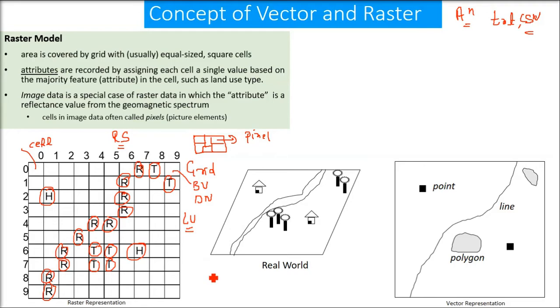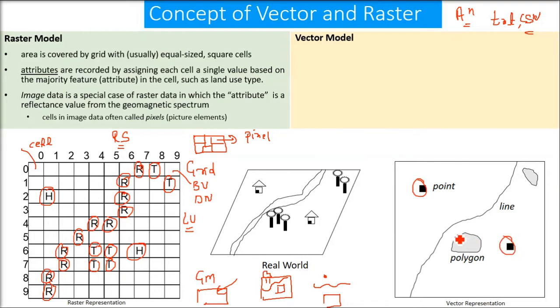Whenever you open a GIS system or GIS software, even if you open Google Maps, what do you see? You always see a base map, and in this base map you normally see satellite imagery, which is raster data. But what about maps? Whenever you have seen maps, you will always see some lines showing the roads, some points shown, some polygons shown. So these points, lines and polygons are vectors. Anything can be represented by either a point, a line or a polygon.